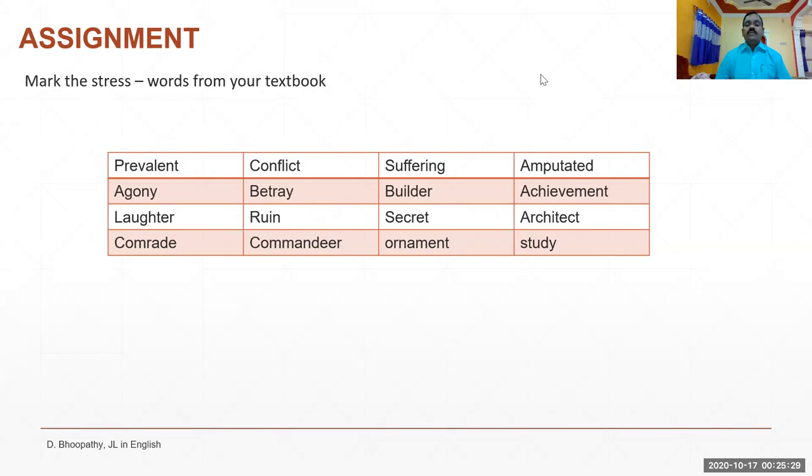Try to mark the correct stress, and refer to your textbook, or a very good dictionary will give you good guidance